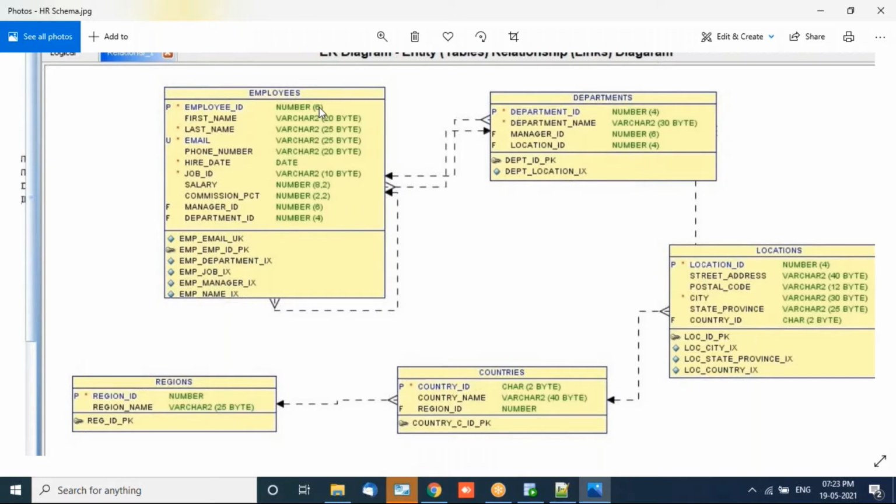For example, your ID card will have an ID like 1 2 3 4 5 6. It will not have 1.1, 1.2 or 1.3, right? These are whole numbers. So this is what this data type is all about. Second, this is the varchar2. Varchar2 means variable character length. The long form of varchar2 is what? Variable character length. So the meaning is, for example, email.